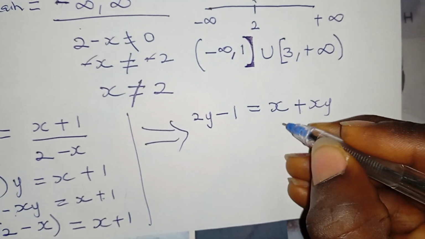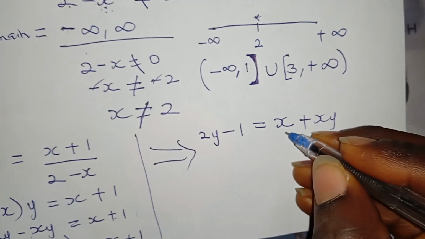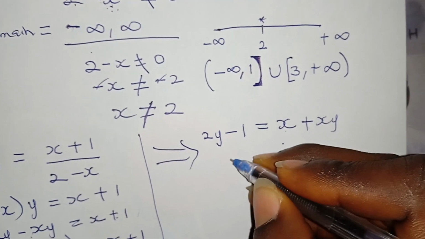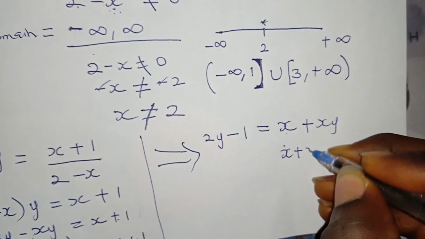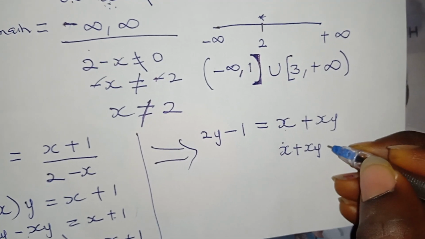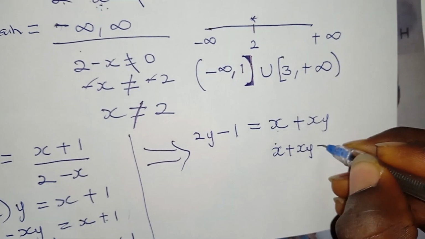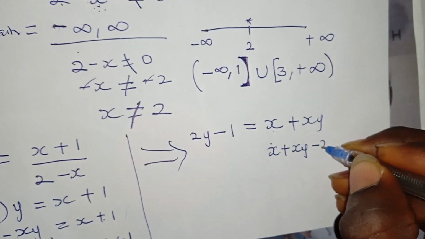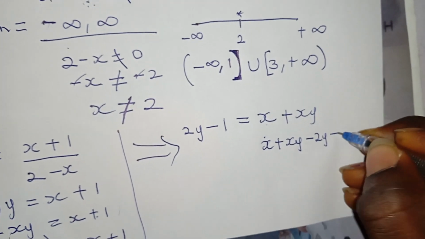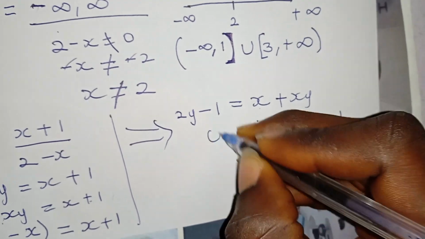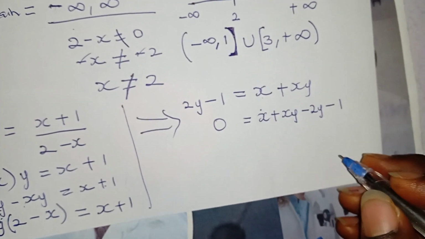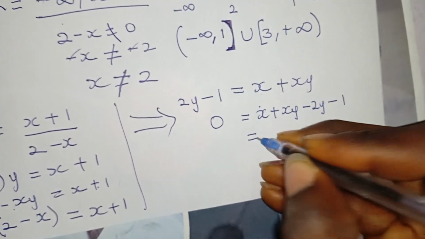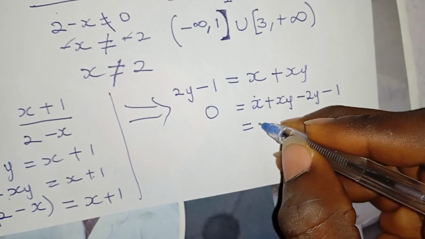Now since I have x this way and I have plus xy, let me take it that this is going to be x plus xy then minus 2y minus 1 equals 0. So that if you check it, this is now going to be x